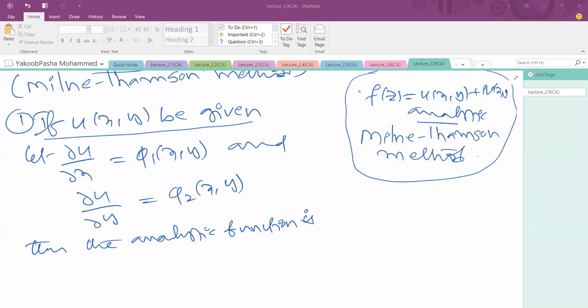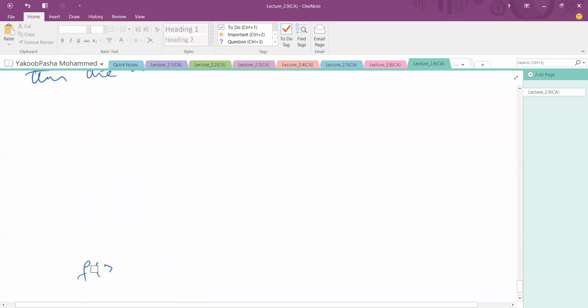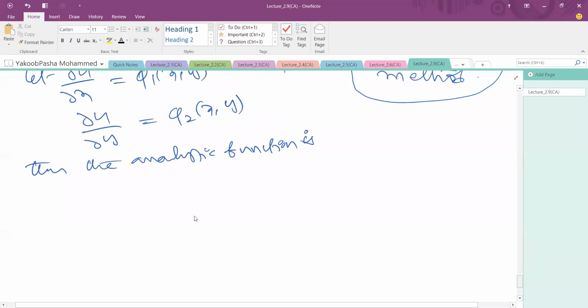In this case, the analytic function is in the form of f of z is equal to integral of phi1 of z comma 0 dz